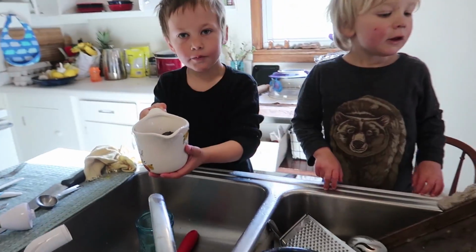These are all the walnuts I washed. Oh, okay. After I washed them, I stuffed them in here. This one is...